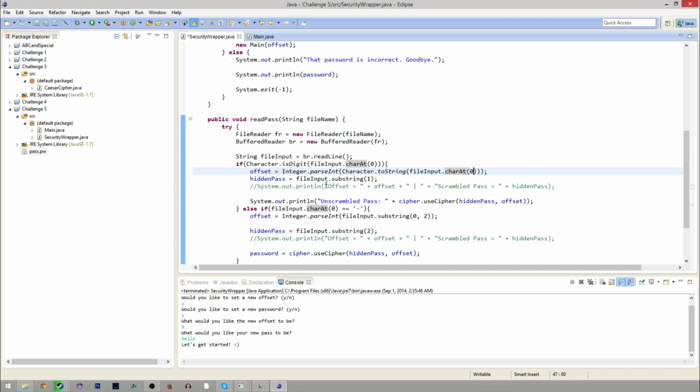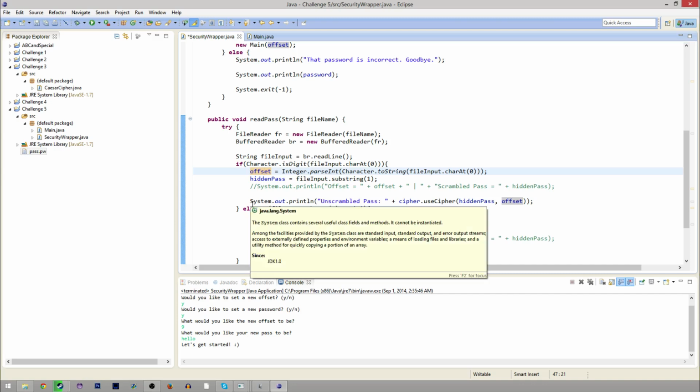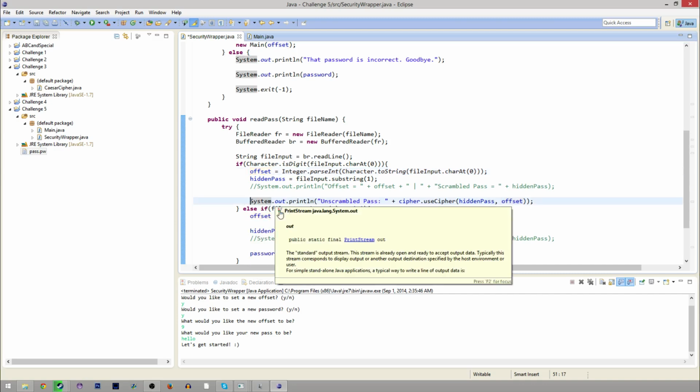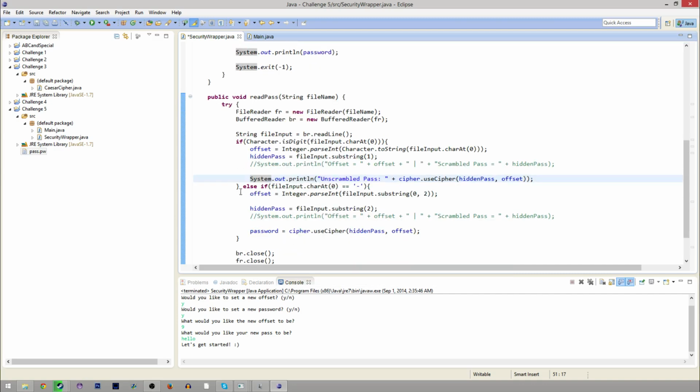And then hiddenPass is equal to fileInput.substring. So everything after the first character is the password, right? The first character is the number, and then the rest is password. So it sets up everything that we need there. And then it tells us the actual password here, which is just a debug thing, so I can comment that out. Else, if it's not a digit,